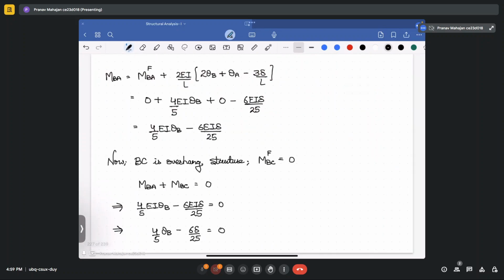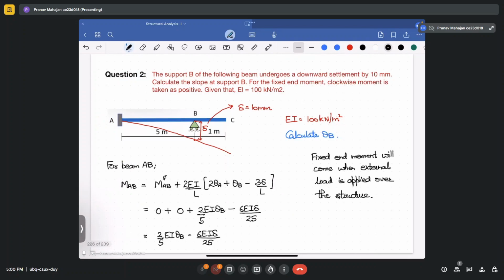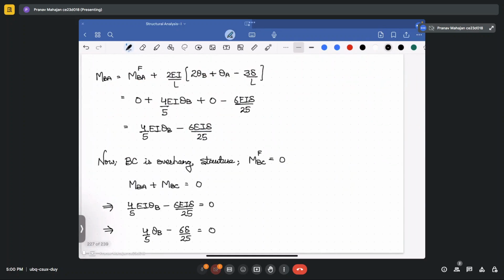To determine the unknown theta B, we will apply the equilibrium or compatibility equation at the particular joint where the moment should be equal to 0. So in this case, it is support B. At B, if we take MBA and MBC equal to 0, we can get the value of